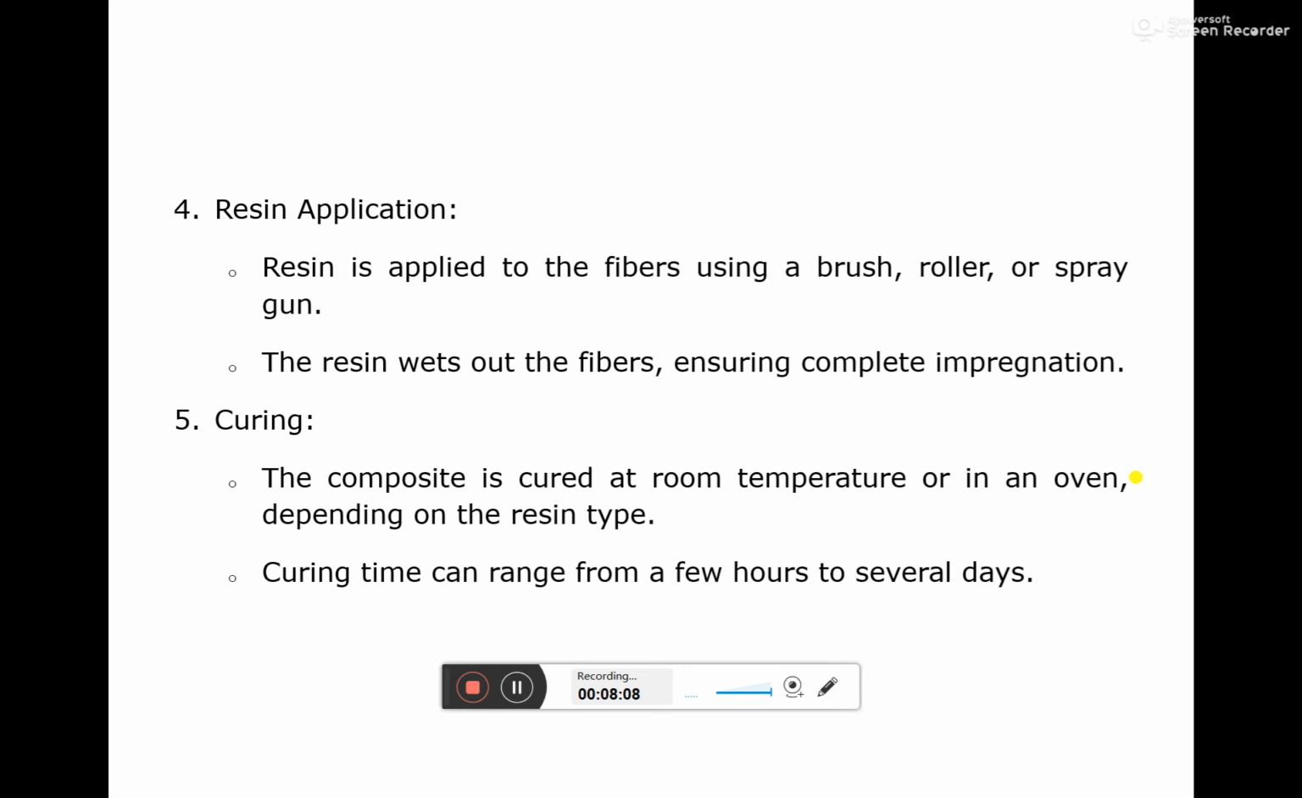And after that, the fourth step is the resin application. Once after the preparation of the mold, we have to apply the mold releasing agent. After that, we will apply some special coating, gel coating, to give a good surface finish. And after that, we place the fiber, maybe synthetic or natural fibers. After placing the natural fibers or synthetic fibers,